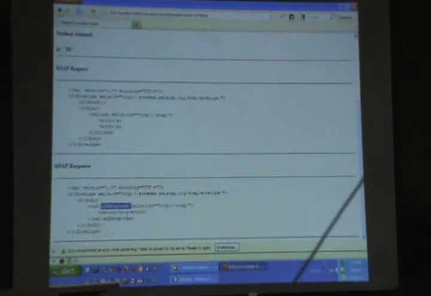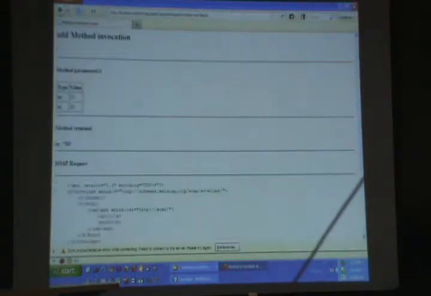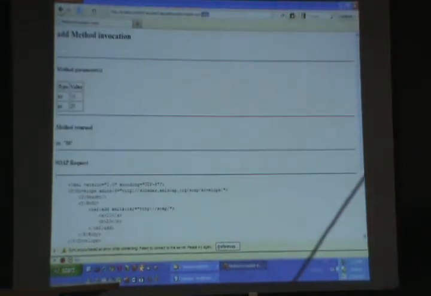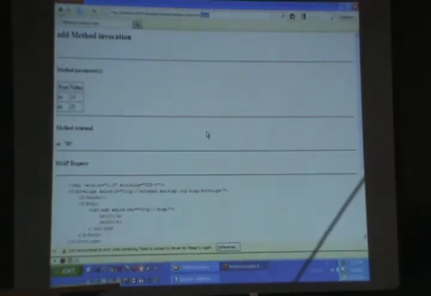But where does all this come from? This name called add, this name called add response, this return. We did not write all this, right? How did NetBeans understand that it needs to create a web page like this? So here we have the WSDL, the web service description language.